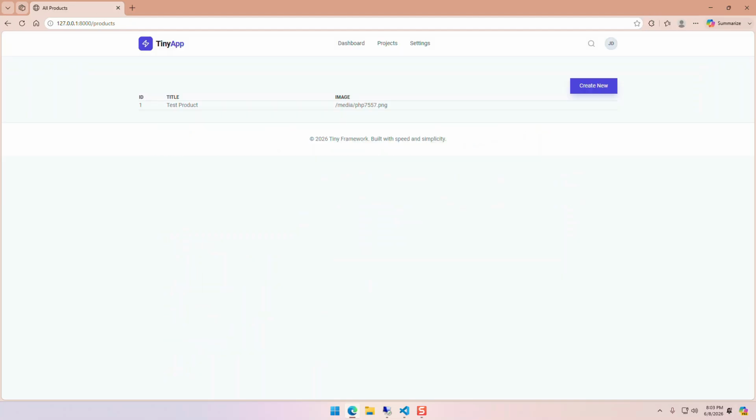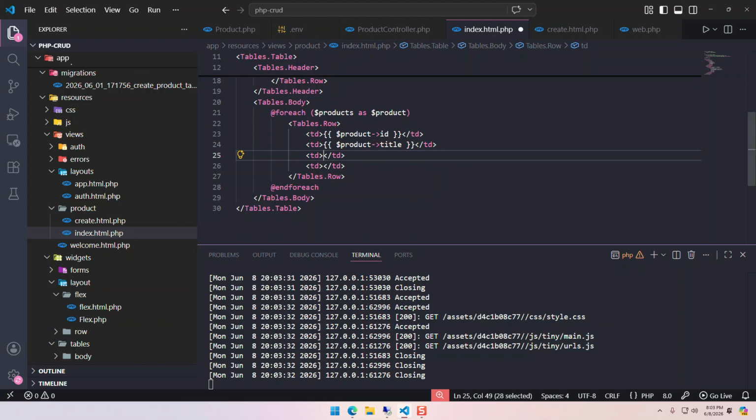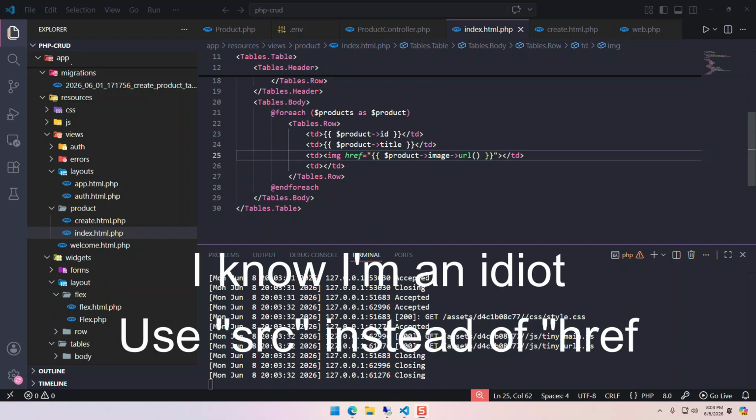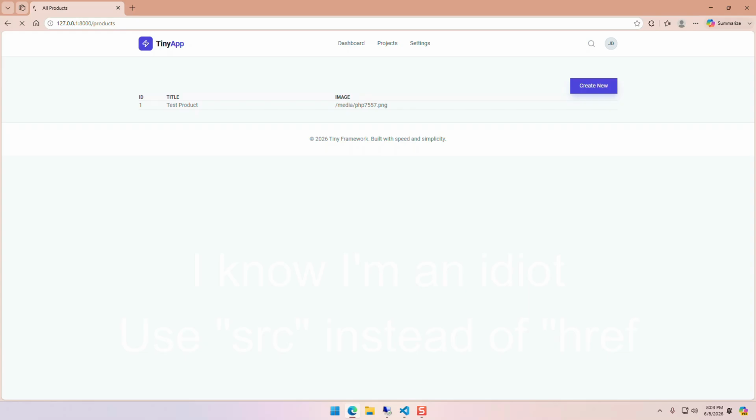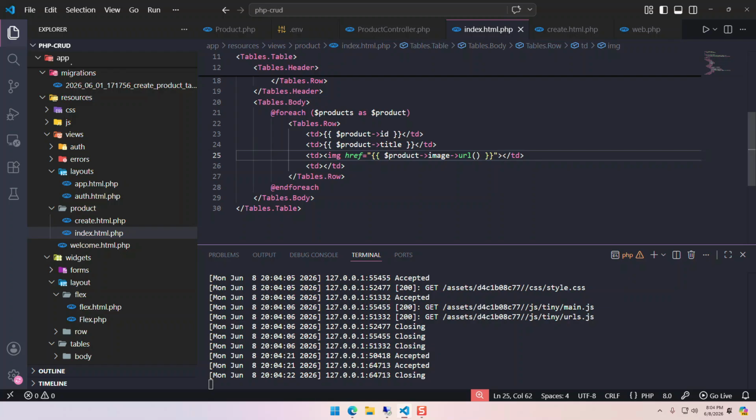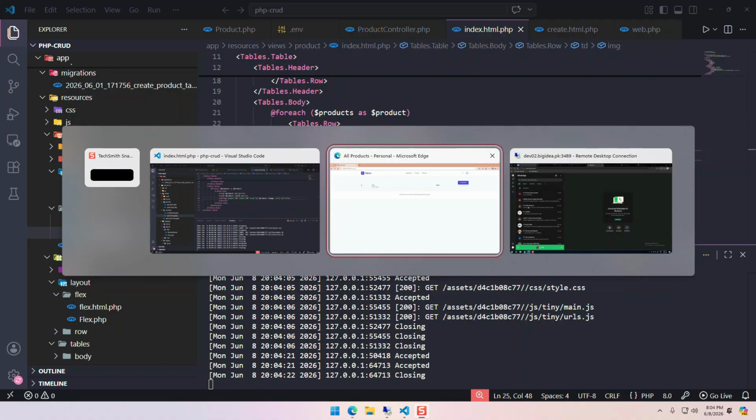At the moment I want to display the image itself, not the URL, so I'm going to go back, remove that, and from here I'm going to add href. With href we are going to add that, and then we can just close the image. Let's go back, refresh, and an image will be displayed here in a moment. Let's also give it some height and width. So I'm going to go back here, height equals 50, width equals 50 also, save, go back,